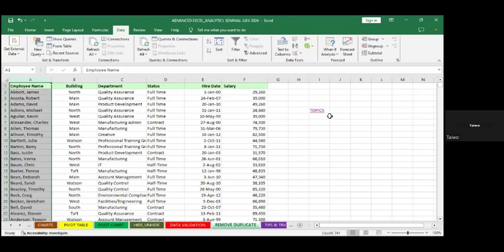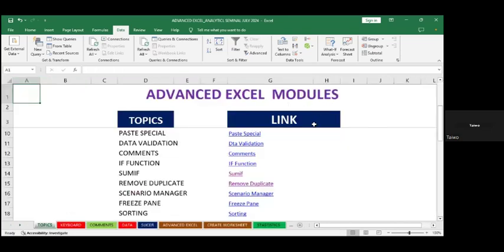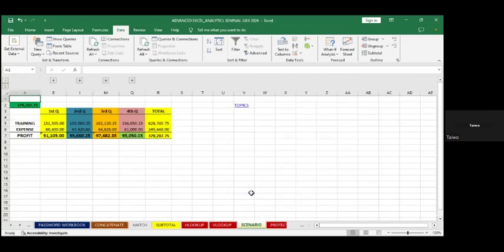So can I go to another topic? So the next topic is scenario manager. So click scenario manager. The scenario manager,